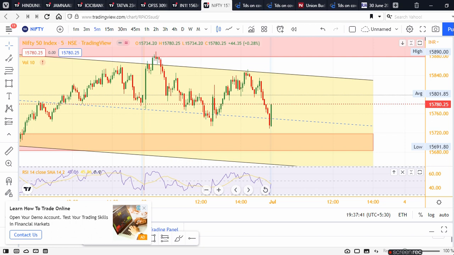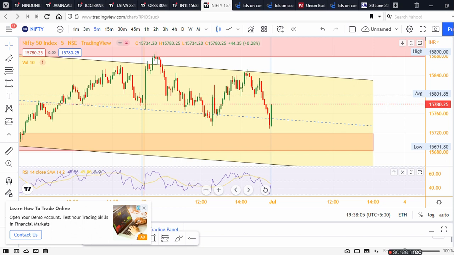ठीक है. So how do I predict all this? How do I do it with perfection? Not every time, most of the time. The reason is because I don't keep emotions in my mind. When I am reading the chart, I follow what the chart is saying to me. I don't expect that market ऊपर जा रही है and it should continuously go up. I continuously follow the chart.